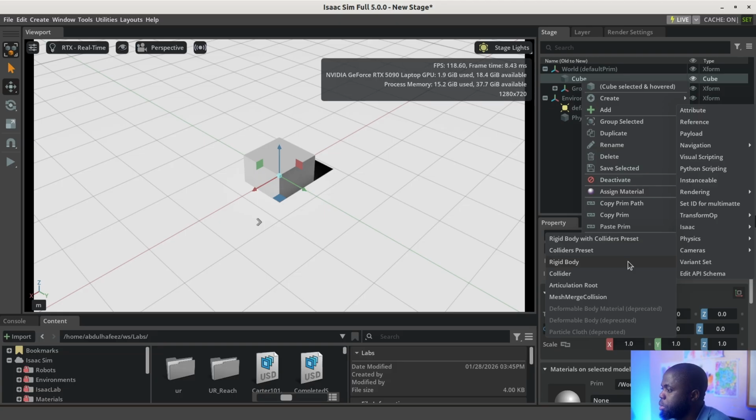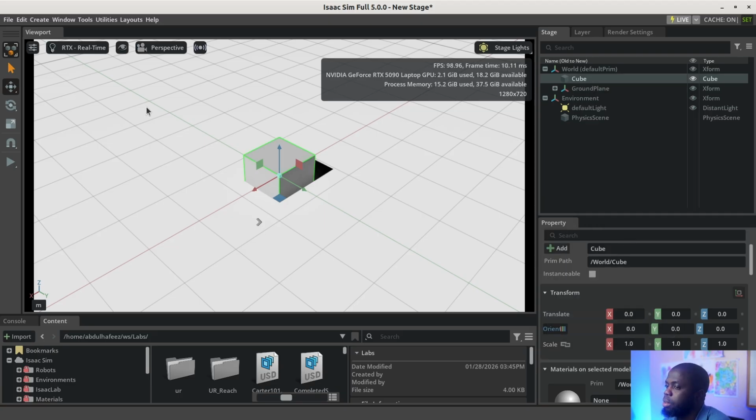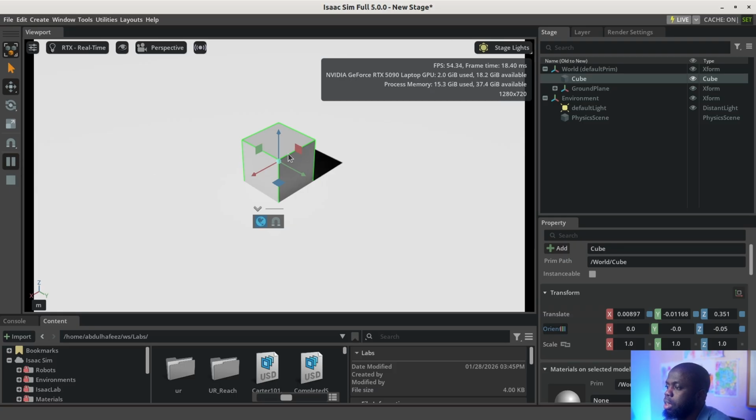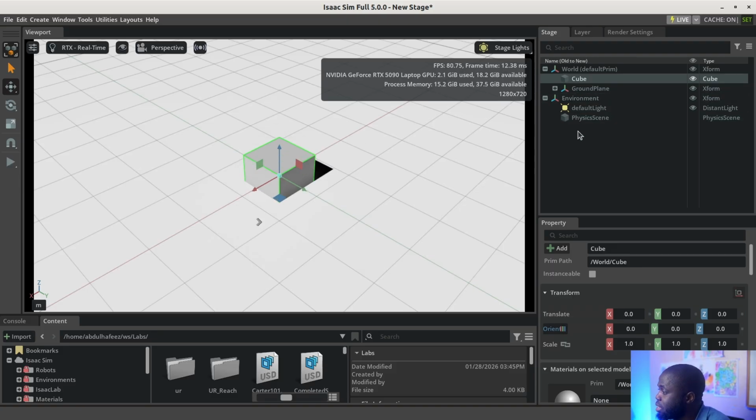We have rigid body and rigid body with colliders preset. I'm going to tell us the difference. So usually we just click on rigid body with colliders preset. And once I do that, I click on play. And if I bring it up, you can see now it can come and stop. If I stop this, and if I decide to create another shape or another object now, there are different methods